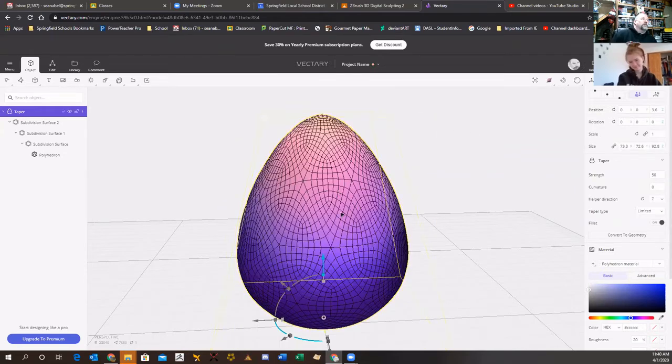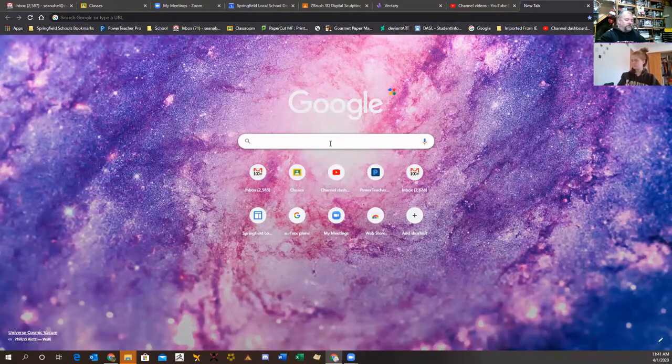Is this going to let me kind of manipulate it? Because when I get into subtracting or intersecting, how much is that going to mess this up? So we're not going to keep it looking pure Easter eggy. One of the things I might do is go in and type in